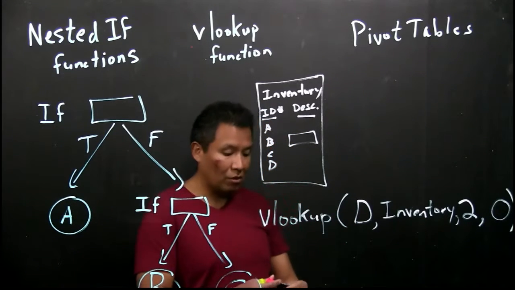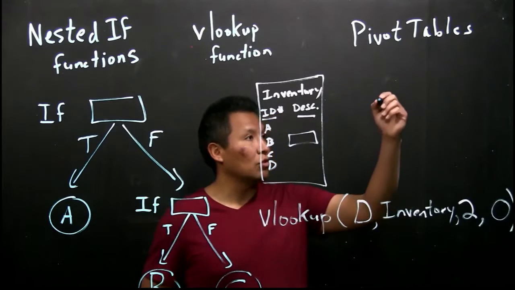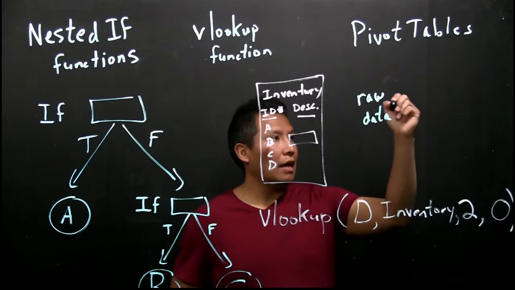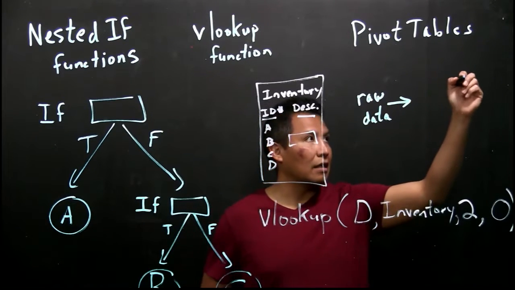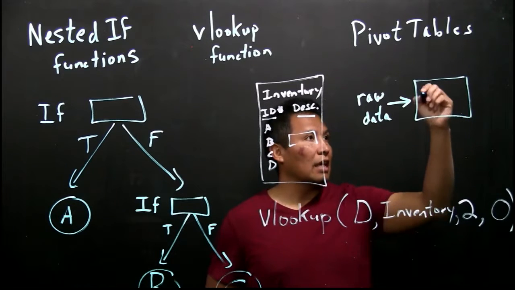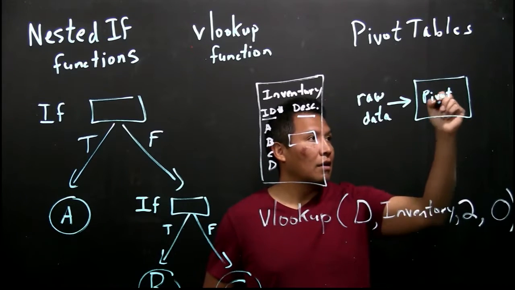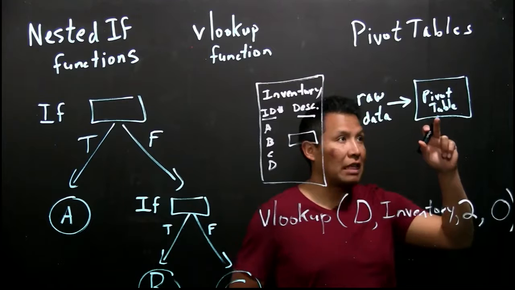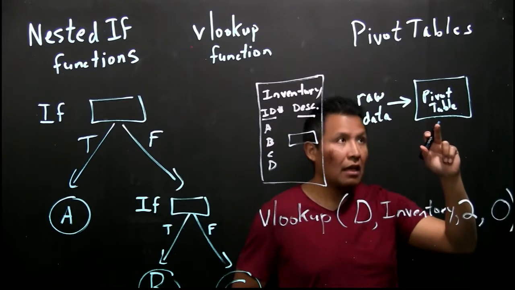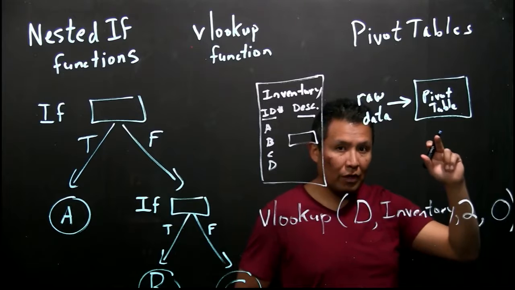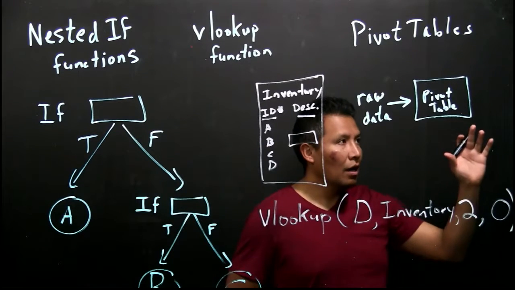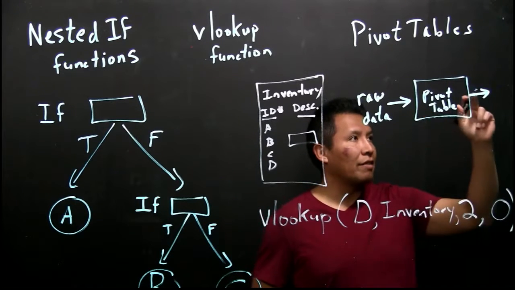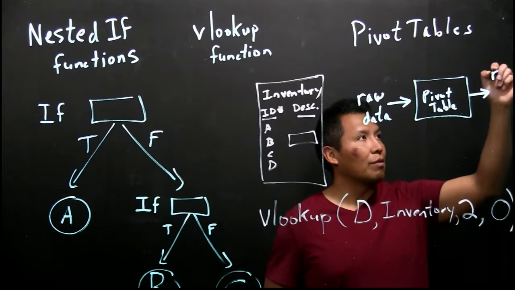And finally, for pivot tables, the idea behind pivot tables was you started with raw data and you enter that into a process using a pivot table. And that raw data will be processed through the pivot table depending on which column fields you selected and depending on how you ordered those fields with your pivot table box area. And the resulting outcome, the output of that pivot table would be some sort of report,